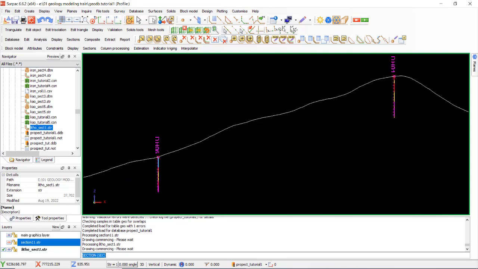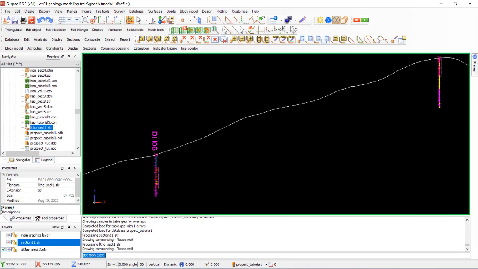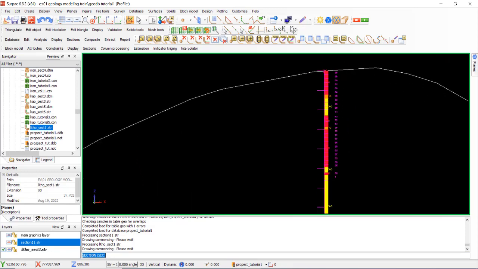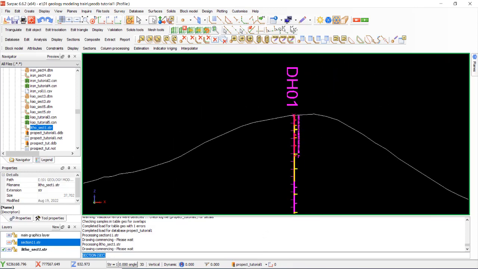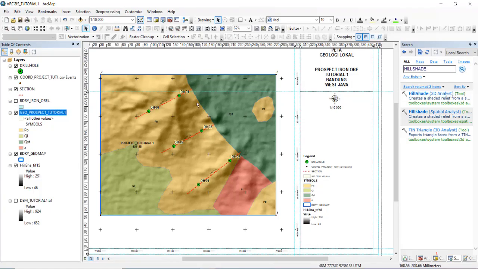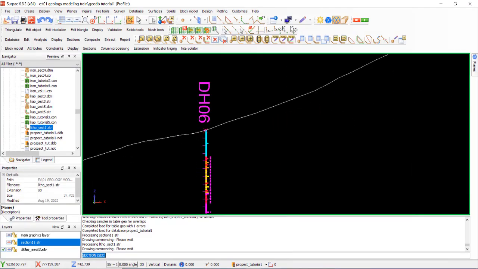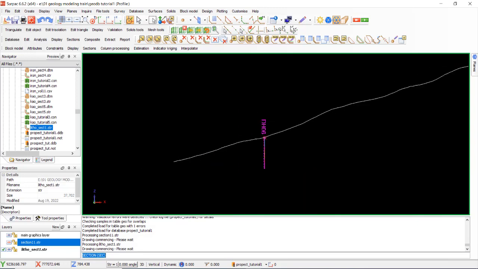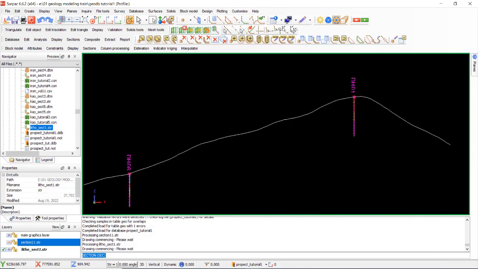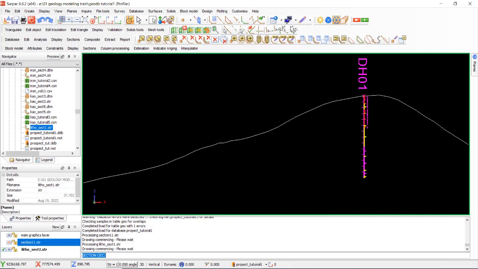Yeah, this position the hole 1, if the map the hole 1 here to the hole 6. The hole 1, the hole 6. Okay, I hope you're happy with this step.